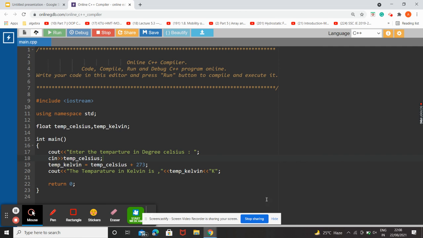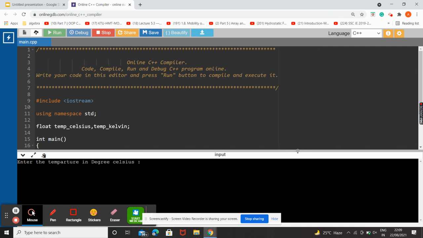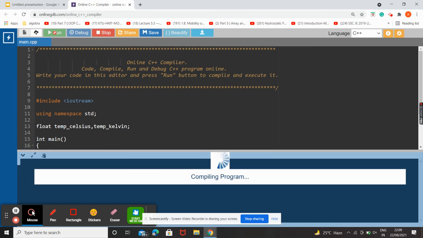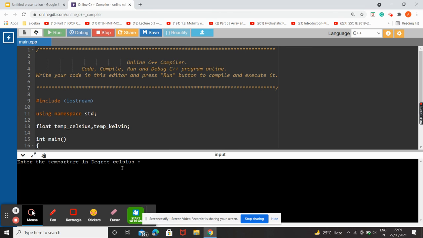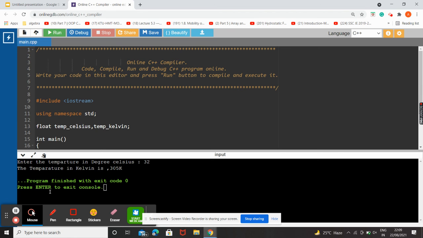I'm hitting run, and it asks to enter the temperature in degrees Celsius. Let's try 45. The temperature in Kelvin is 318 Kelvin. Let's try another value, say 32. The temperature in Kelvin is 305 Kelvin.